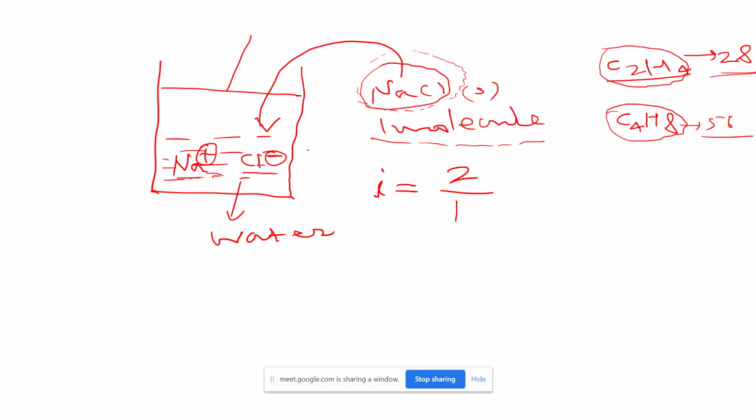Yes, sir. So what I was asking is, will the molar mass of Na+ or Cl- be given? Molar mass will be equal actually. Molar mass is what? We can say the atomic mass of sodium Na is 23. Whether it is present in the form of Na+ or it is present with Cl- as NaCl, the atomic mass of Na will be similar or not? Yes, sir. That will be constant.